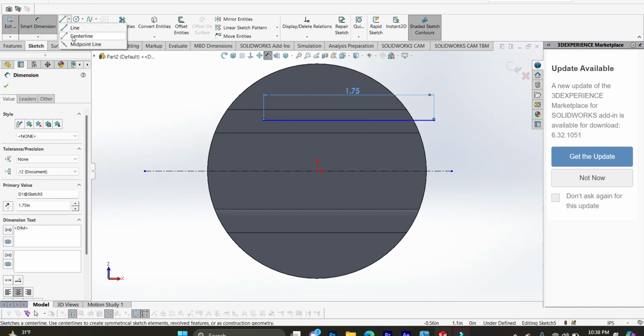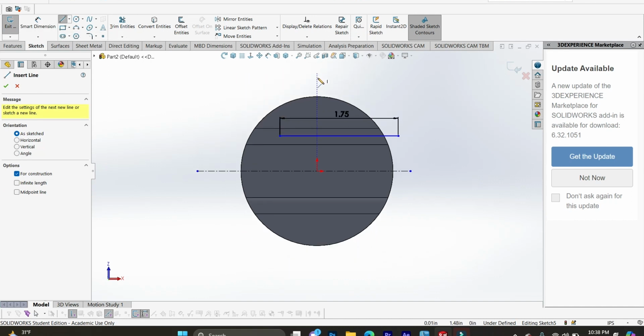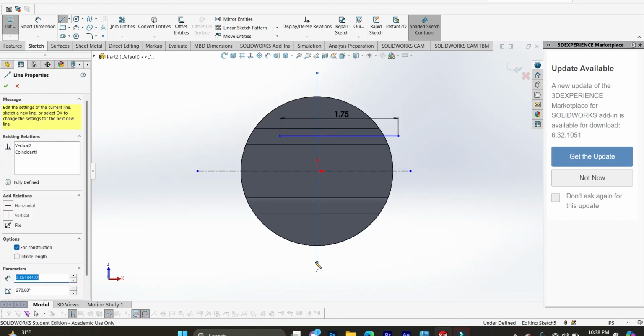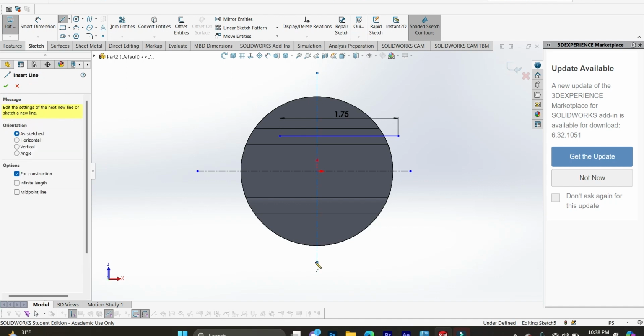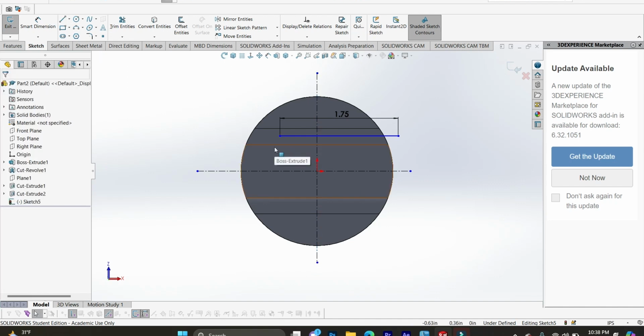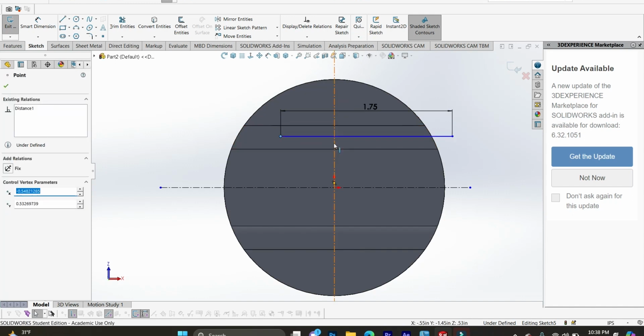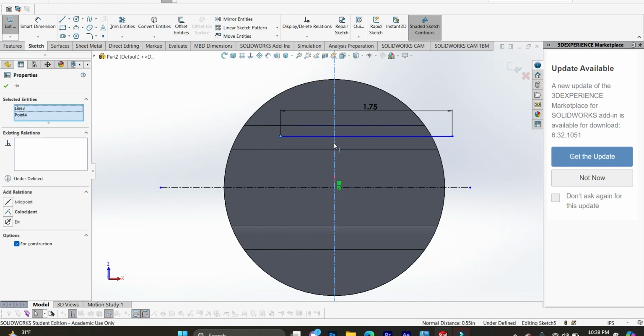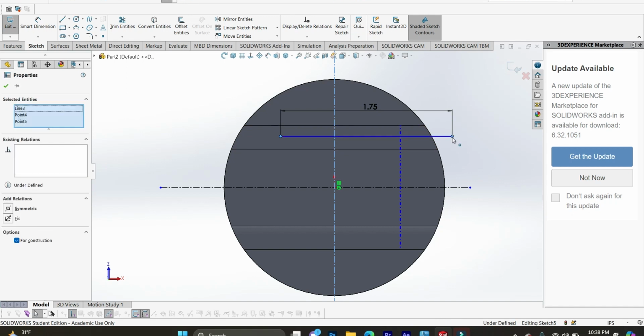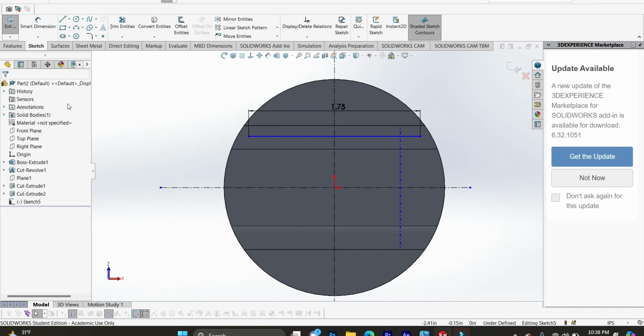Draw another center line that is perpendicular to the first one we made, but it still goes through the origin. Escape. Now if you hold down your control button and then select that point at the end of the line segment and then select the center line and the other points, now you can make these symmetric and then enter. I don't know what this is, but now